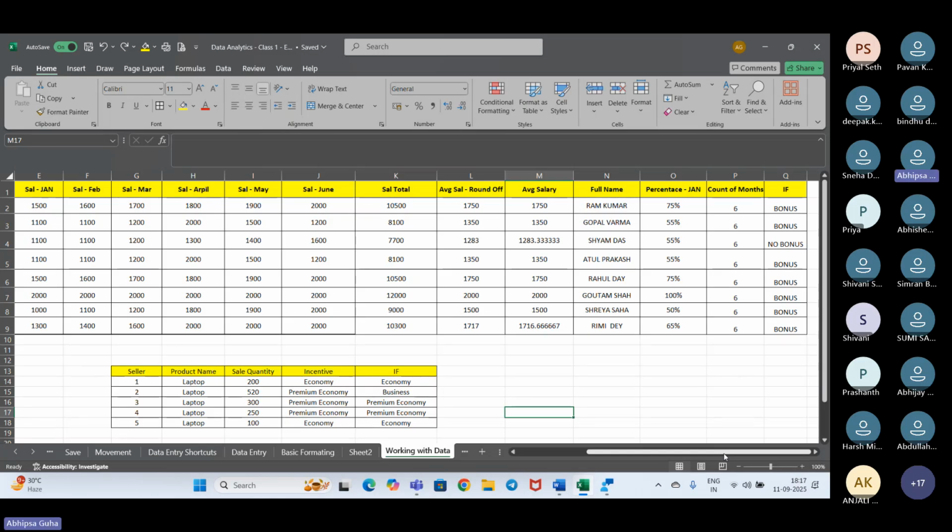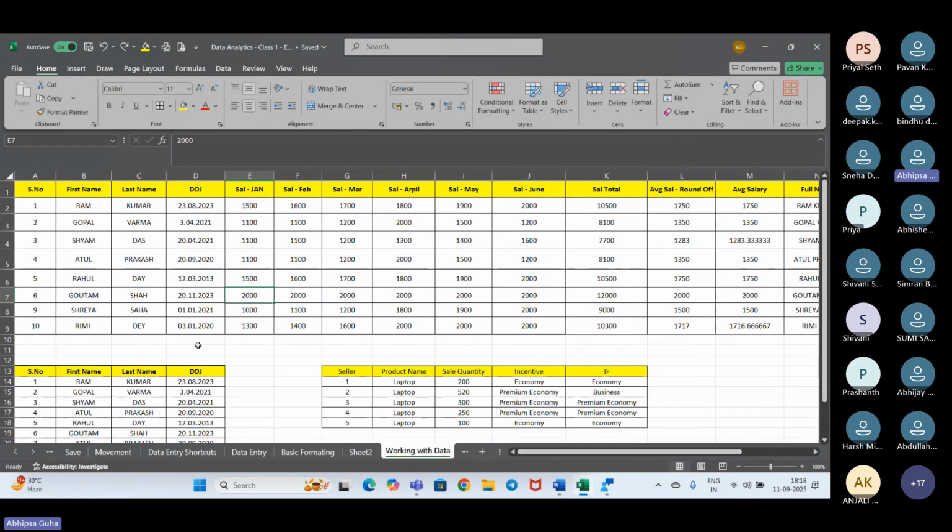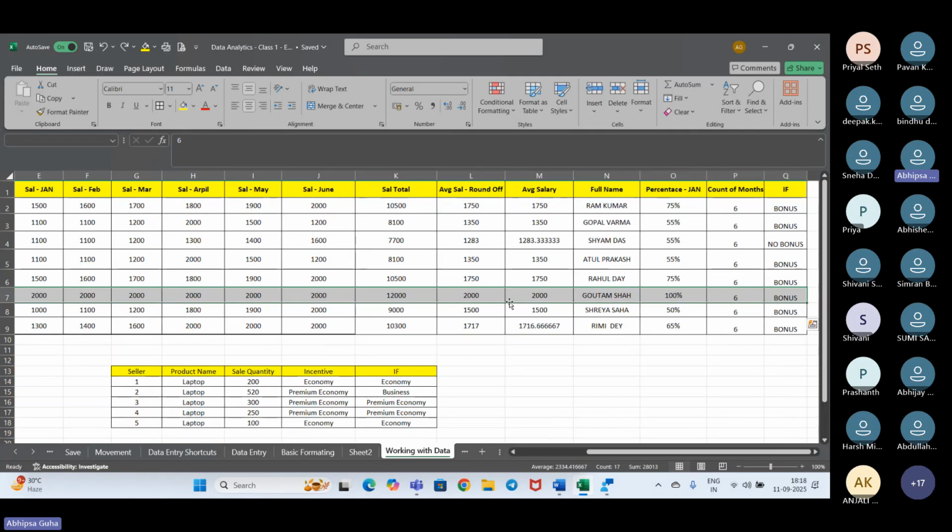Okay, fine. So there is one more thing I remember to tell you. Suppose I need to select the entire row. Previously we were doing Control Shift Right key. So up to the point where I have the data, the values get selected up to that. Fine. So let me just